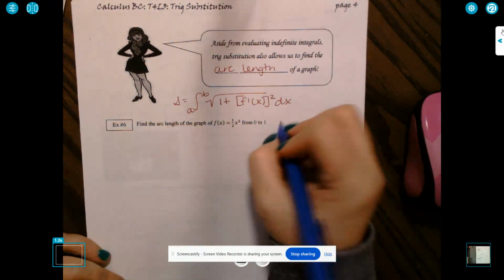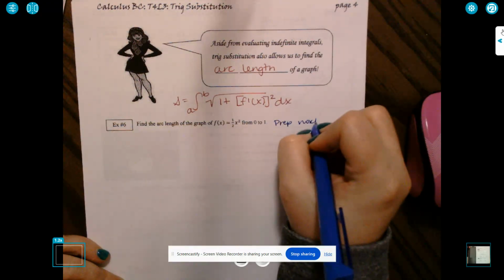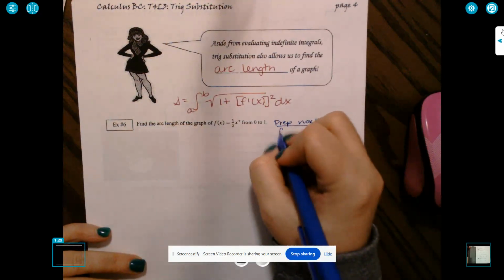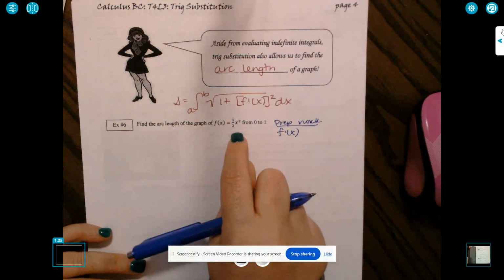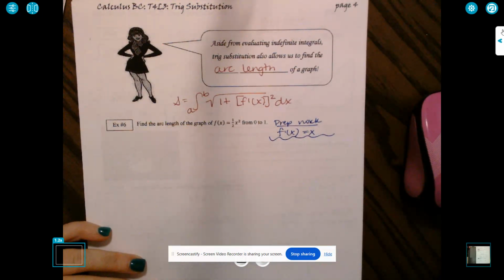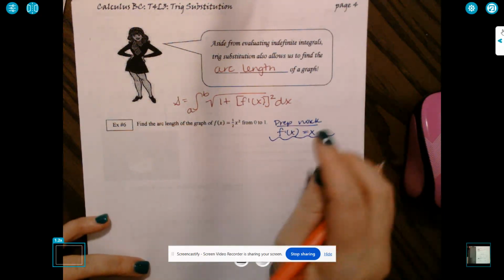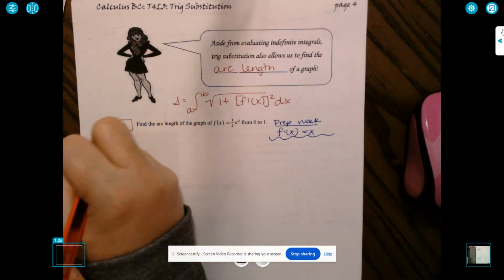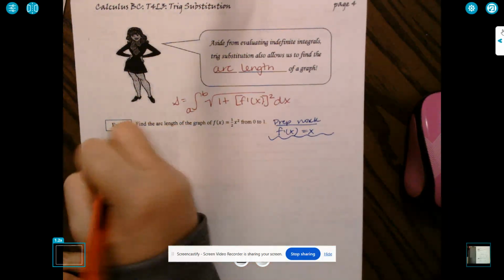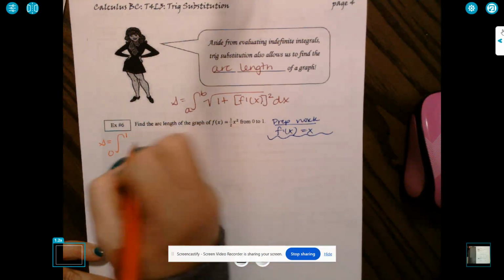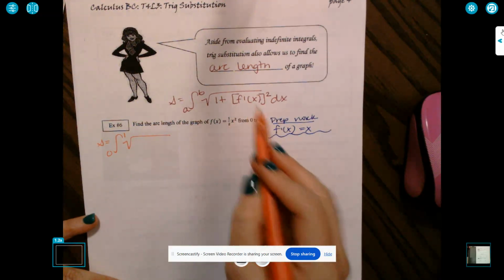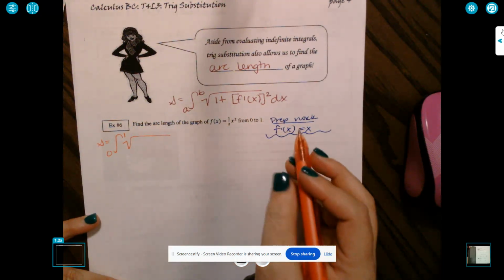All right, so our prep work is going to be, first of all, to figure out, we know that f prime of x, if we were given this function right here, 1/2 x squared, then f prime of x is simply going to be x. Okay, so there's that. And then also, we need to figure out what form we're in. So if I was to rewrite this, all right, an interval from 0 to 1. And if we do this, it's going to be 1 plus, and then that's just x squared